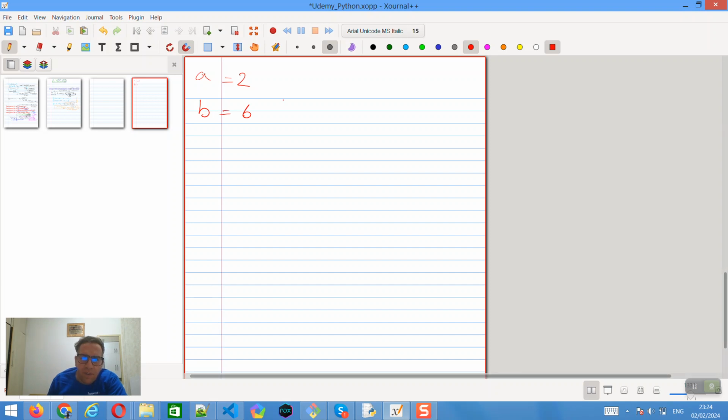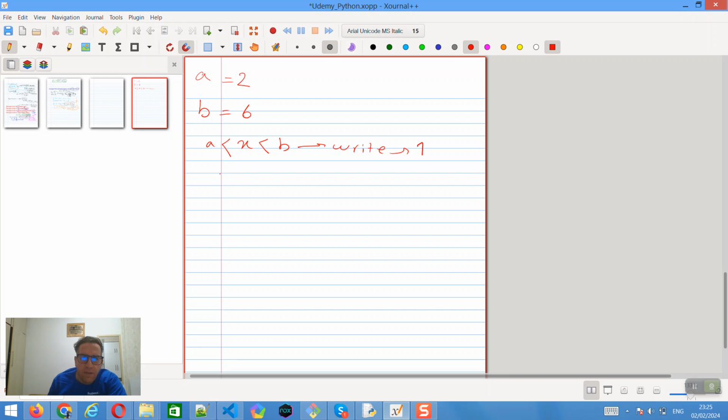We wanted to check our input between a and b. For example, it is our question: our input is x, between a and b. So write what? For example, write